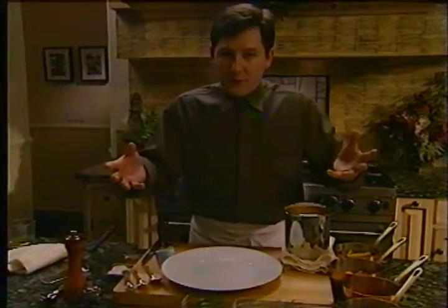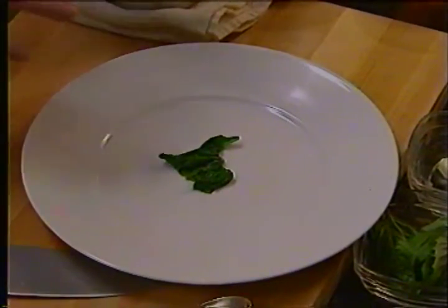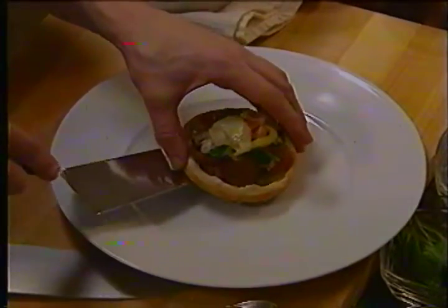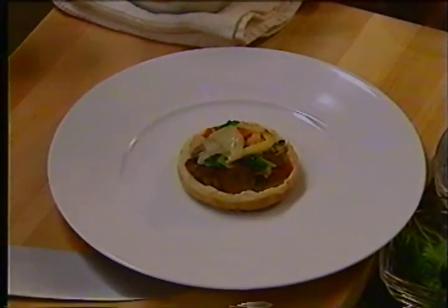And it's very, very simple at this point. We take maybe a little bit of spinach or possibly some of our olive oil poached tomato. We'll put that down on the plate. I always put a little something underneath it so it doesn't slide. A little piece of the braised spinach. Also, it helps to cut into the pastry in terms of the flavor of the spinach, the texture of the